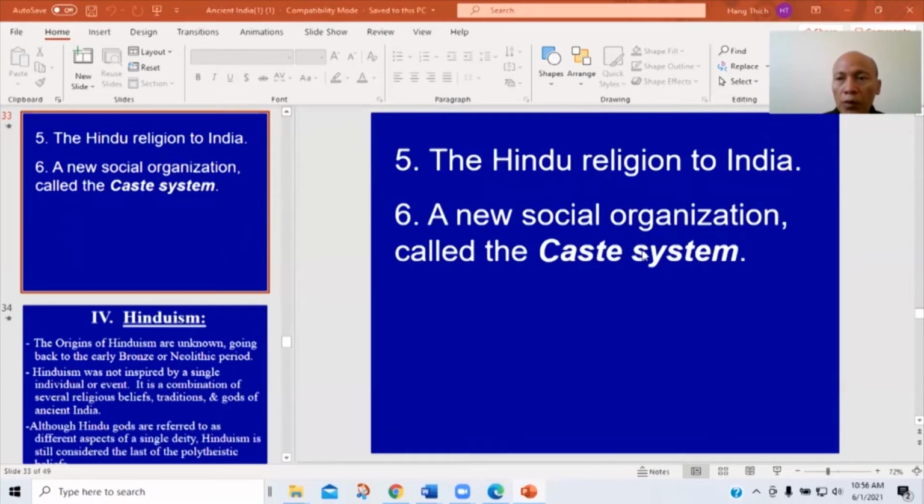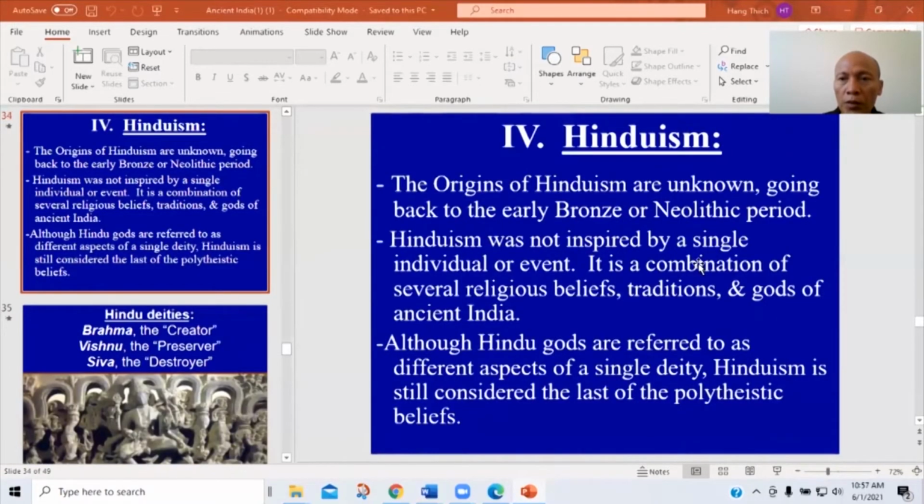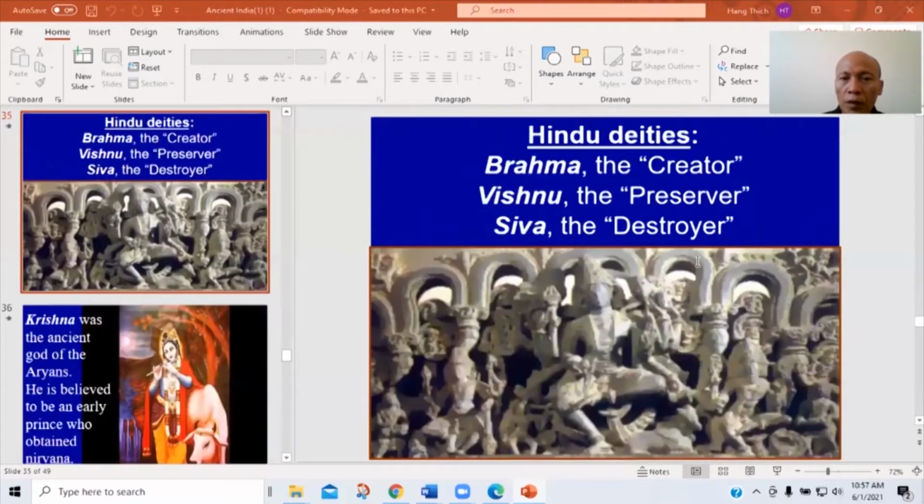So when the Aryans moved to India, they wanted to control the local people. That's why they drew the social hierarchies, what we call the caste system. So in the caste system,